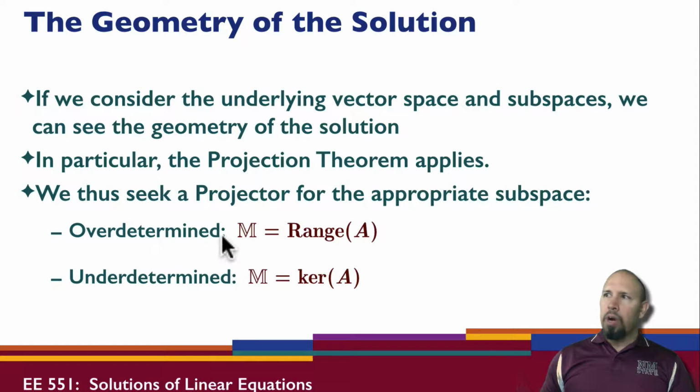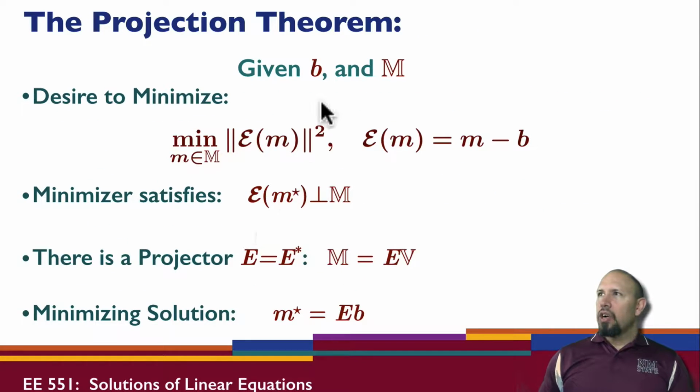For the overdetermined problem, we're letting our subspace be the range of A. For the underdetermined problem, we're letting M be the kernel of A, or the null space of A. And so in each case, we're looking for a projector. So given B and M, we desire to minimize the norm error. That is, the error which is a function of M minus B, where M is in the subspace. So if M, for example, is in the range of A, then